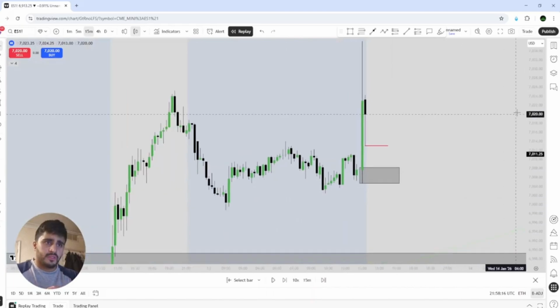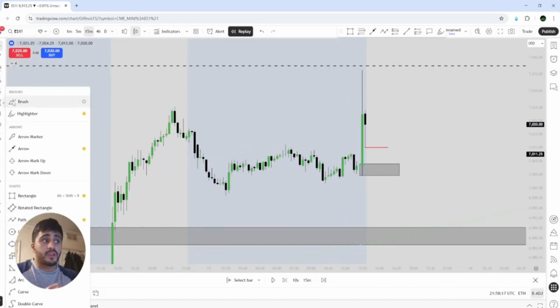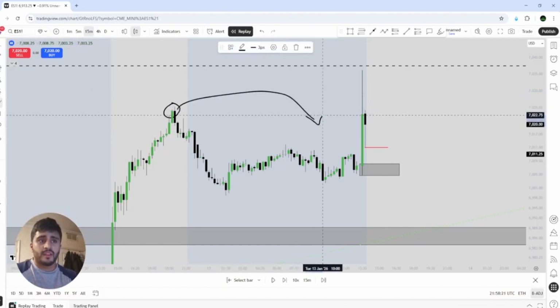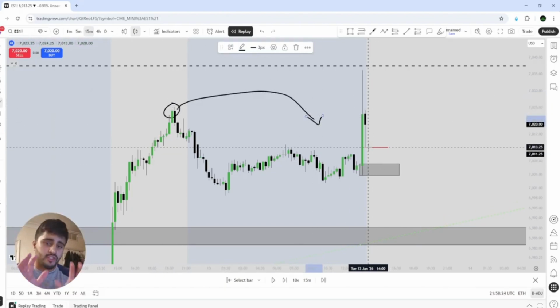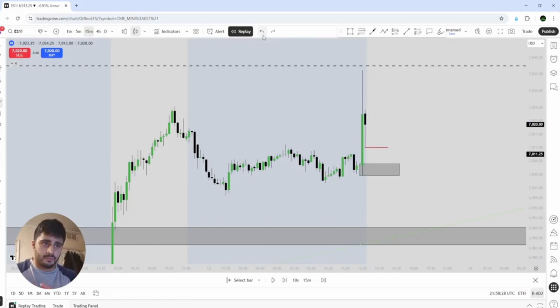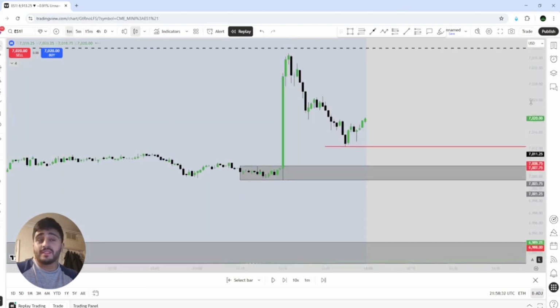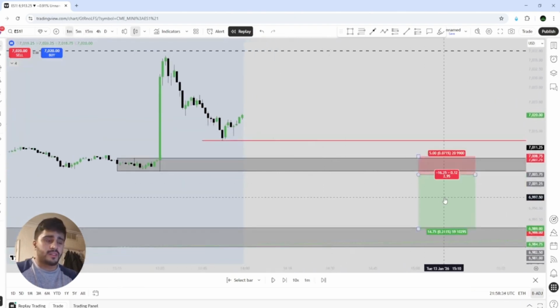What I look for specifically is a sweep of a previous day high or low. This is the most powerful combination. Sweep of the previous day high and a fair value gap. That's just from naked price action. No order flow, just naked price action, right? Now, once you have that in place, what you're now waiting for essentially is you're waiting for the market to come into this